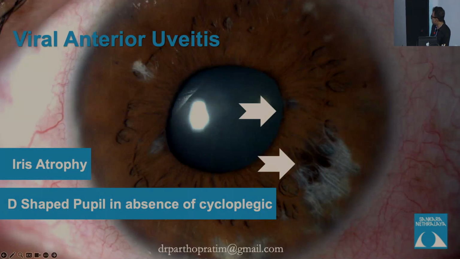If you see here, there are two things you can notice in viral uveitis. One is that without any dilatation drop, you can see the shape of the pupil. Sometimes it is called a D-shaped pupil. Why does it happen? Because there is destruction of the pupillary ruff by the viruses. And also sometimes you can see the patchy iris pattern here, as you can see. This happens because the viruses, particularly the herpetic viruses, cause endarteritis and necrotic patches in the iris